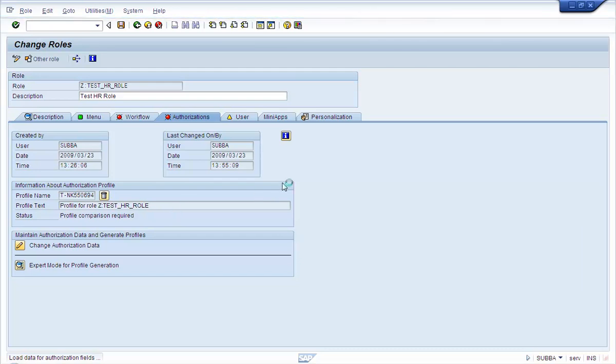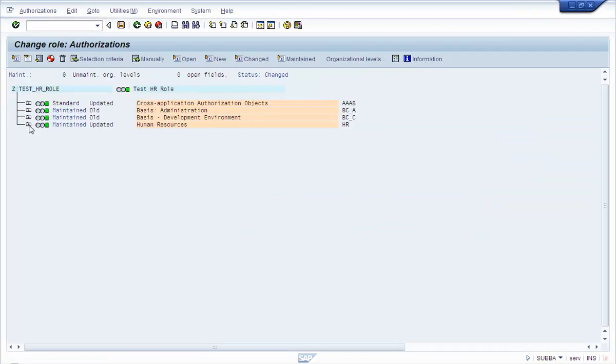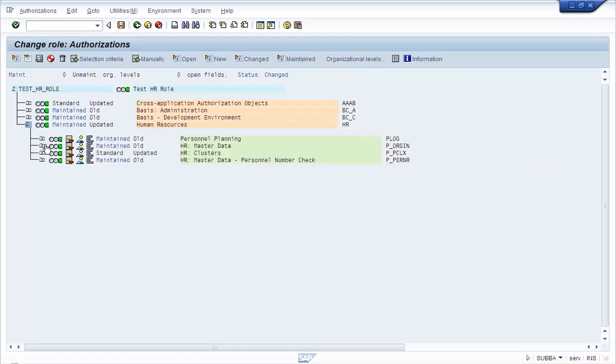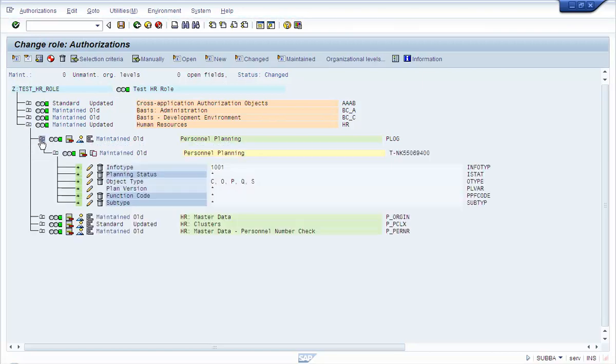We'll see what those objects are once we get that list. So we're going to work with the master data.